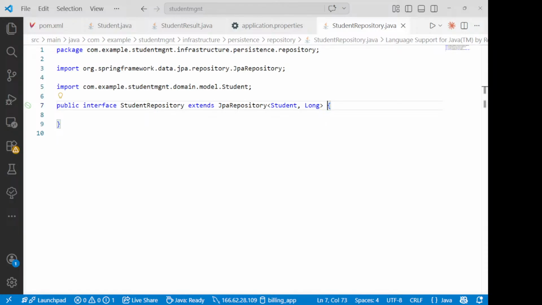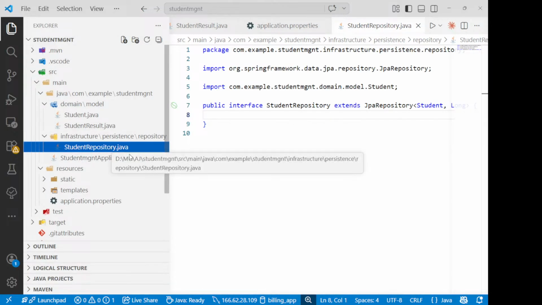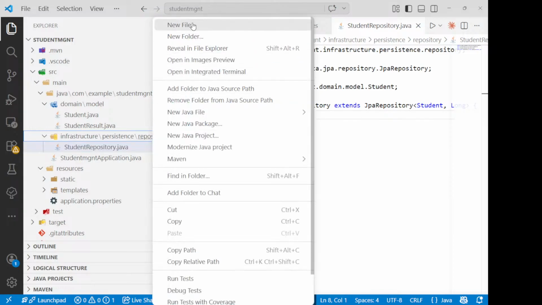If we want to simply have some methods, we can do that, but right now whatever the basic CRUD operations are going to be there, for those we are not going to add anything else. Likewise, we want to create another one, that is going to be a new file,